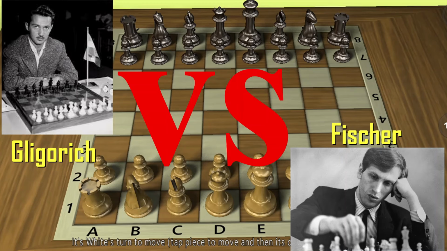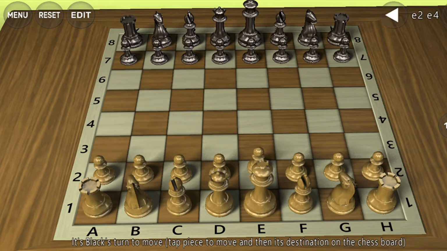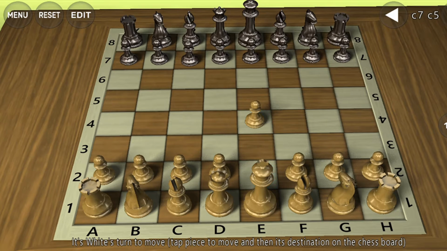A very interesting chess match is presented on 1959 Candidates Tournament between Fischer against Gligoric. In this match, Bobby Fischer holds white and Gligoric holds black. Okay, let's start. The game starts with white pawn e4, black pawn e5,